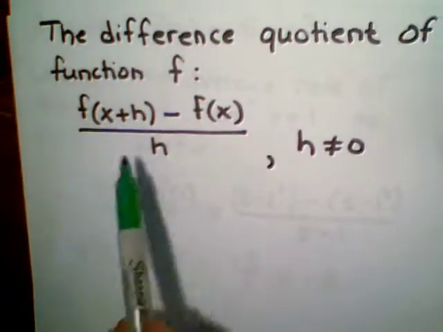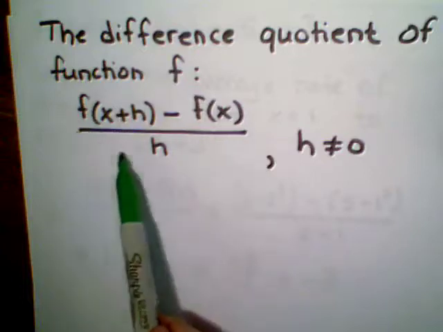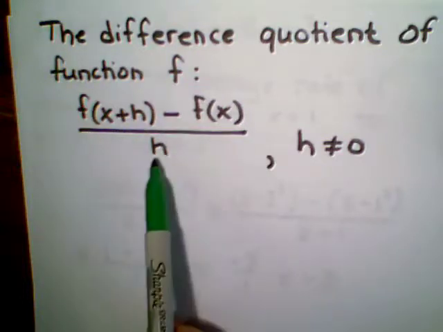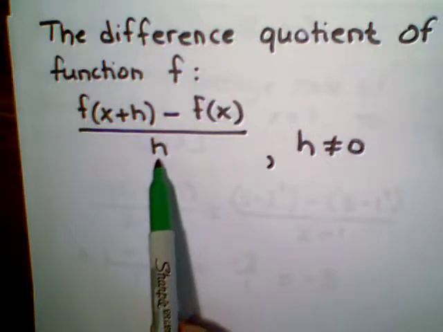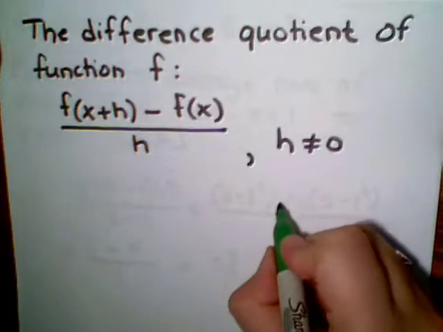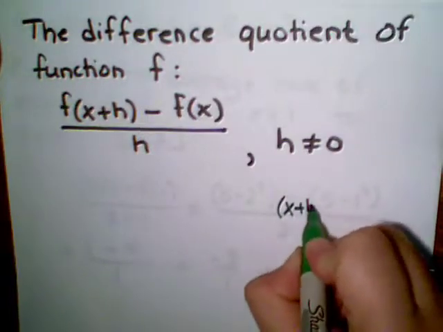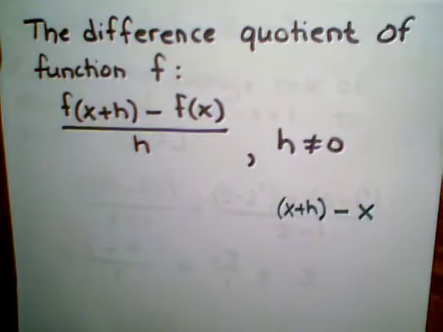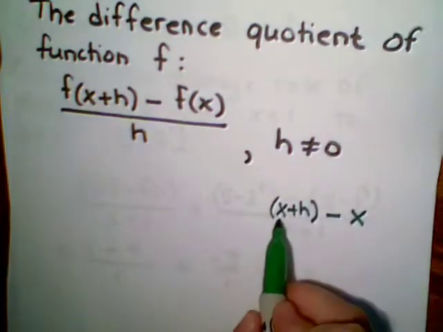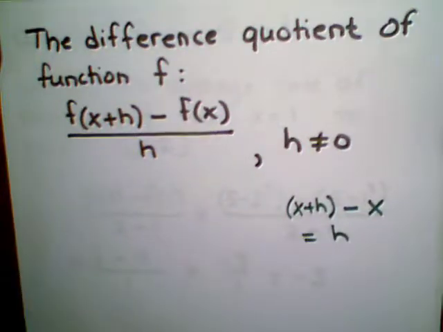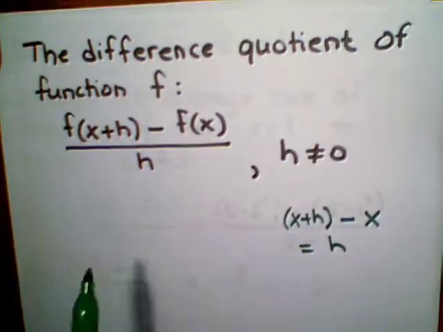Okay. We still have a ratio or a quotient. We have a difference over, it ends up being a simplified difference. If you let me do some scratch work over here, if I take the input x plus h and I subtract an input, let's call it x, then we can combine like terms. x take away x is 0, and we're left with h. So the difference quotient I have here in black